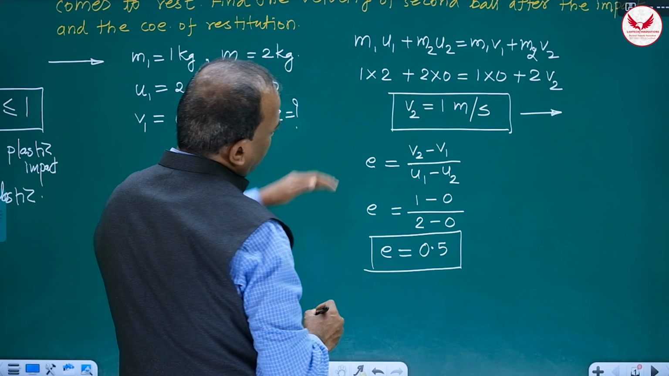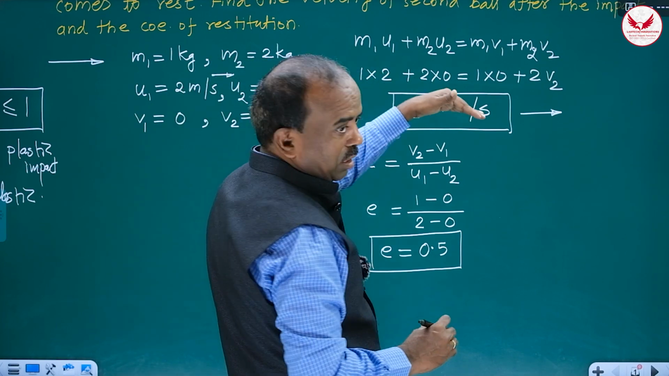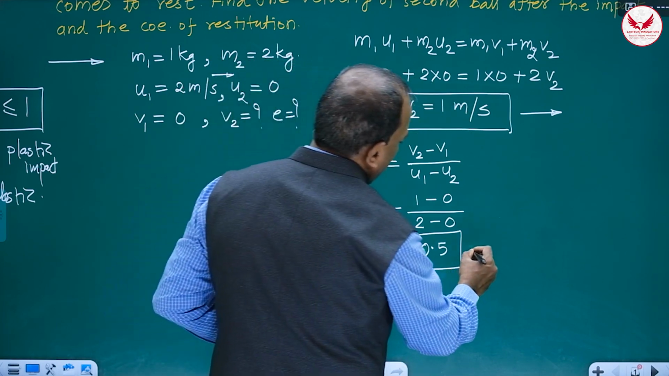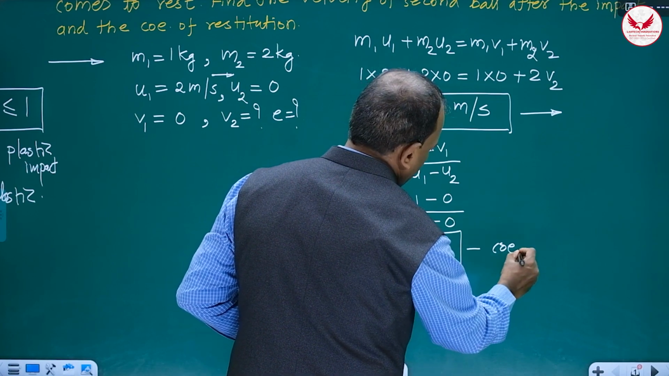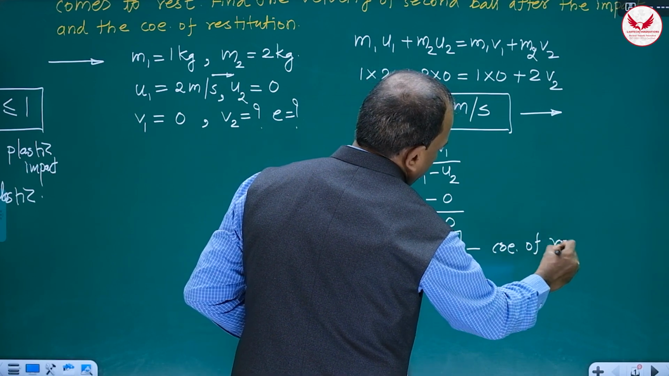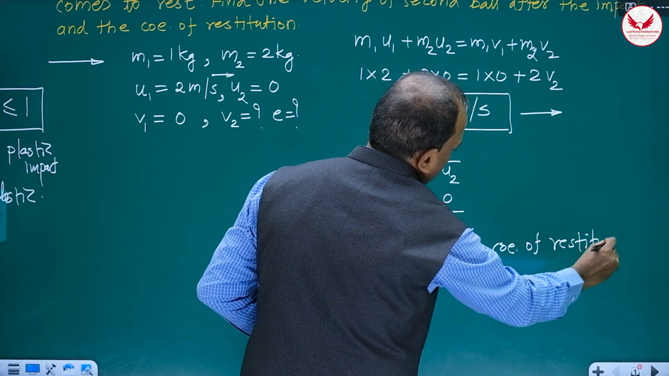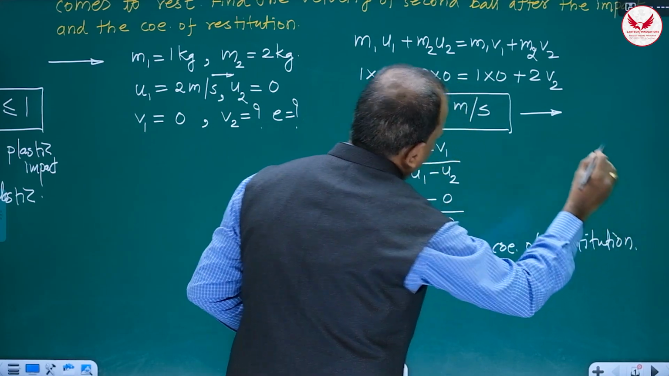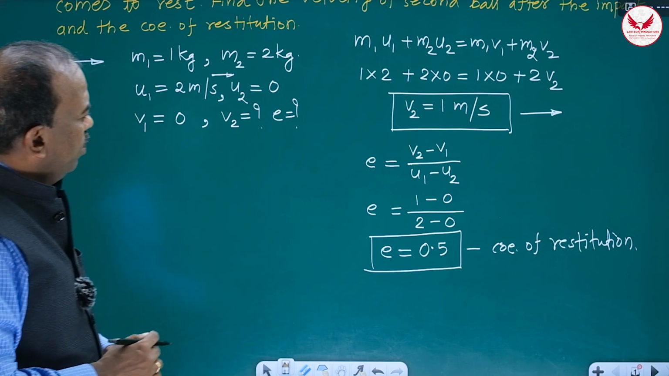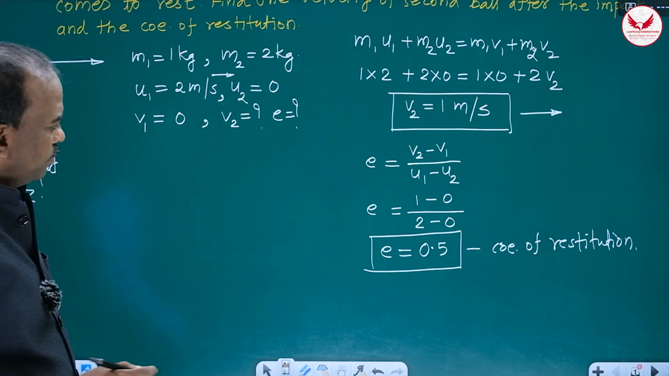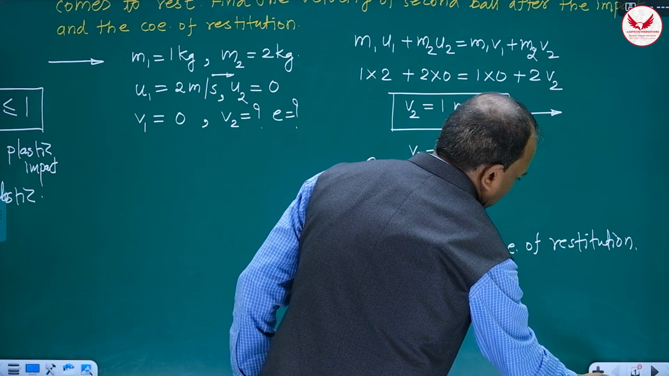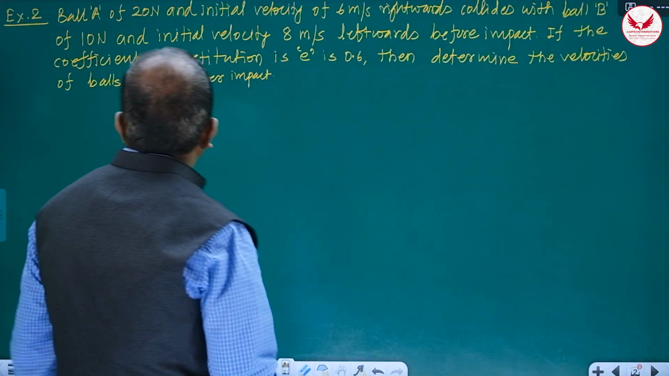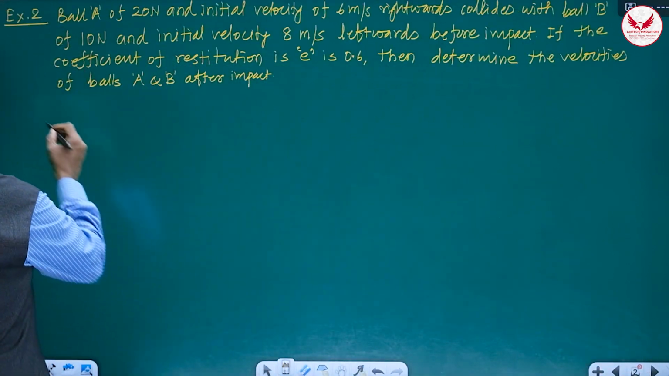So this is the velocity of the second wall after the impact, and it is what? The coefficient of restitution. Finish. Means such very simple examples we'll be getting in the mechanics paper. Then second example